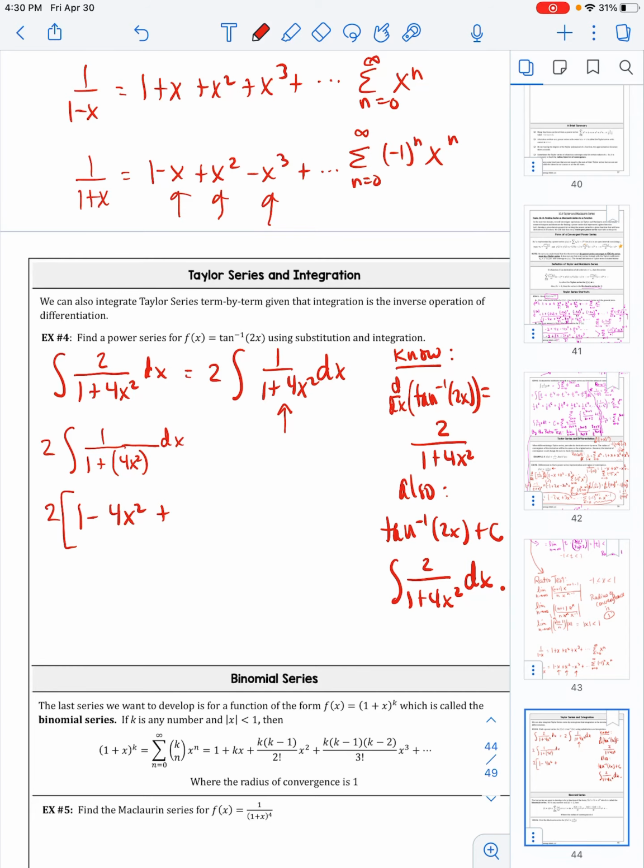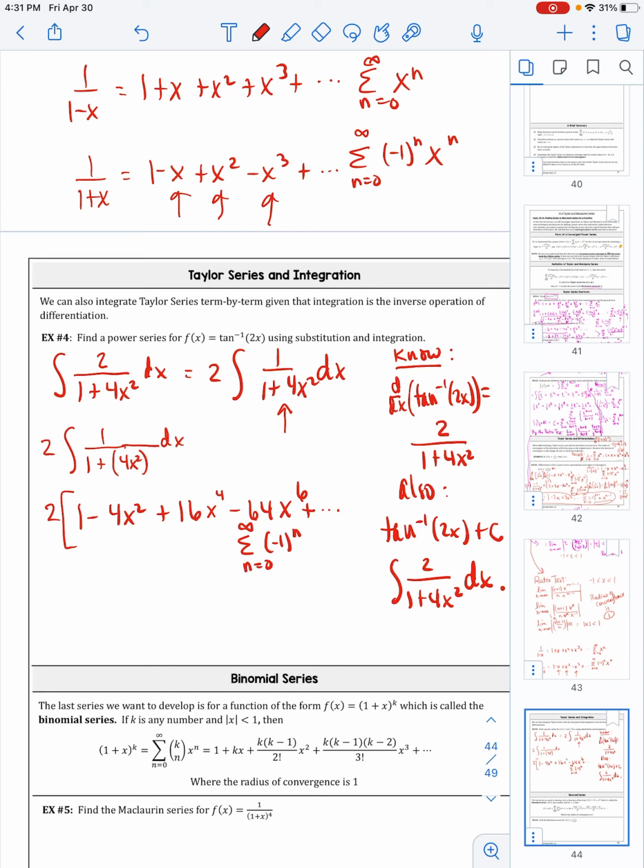So this is 1 minus 4x squared, plus 4x squared squared, which is going to be 16x to the 4th, and then minus 4x squared taken to the 3rd power, 64x to the 6th, plus ... which our summation then becomes